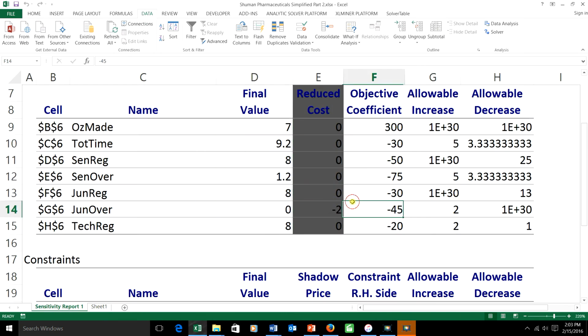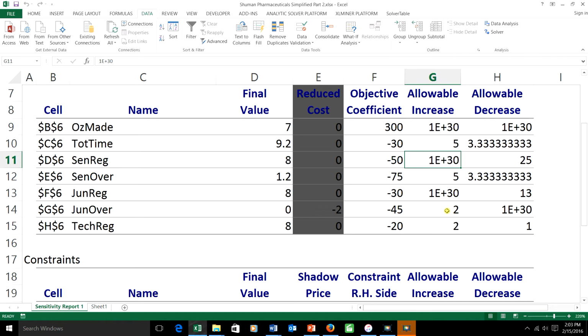Okay, you've got the basic idea of how these things are working, but I do want to talk about what an infinity means when you see it in an allowable increase or an allowable decrease. You see them up here too. That 1 times e to the 30 means 1 times 10 to the 30th, and that's how Excel's telling you infinity. So what this means is that that coefficient can go on forever in that direction and not change the